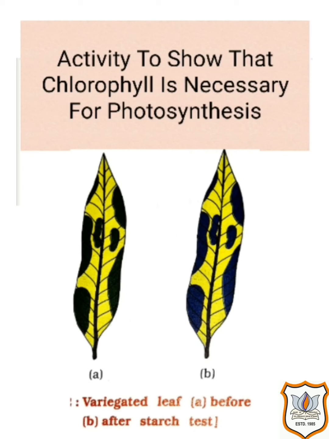Why have we used iodine solution here? It is used to know the presence of starch. So after all, we conclude that the presence of starch is detected with the iodine solution in only such areas where chlorophyll is present. This activity explains that chlorophyll is essential for photosynthesis and surplus glucose is stored in the form of starch.